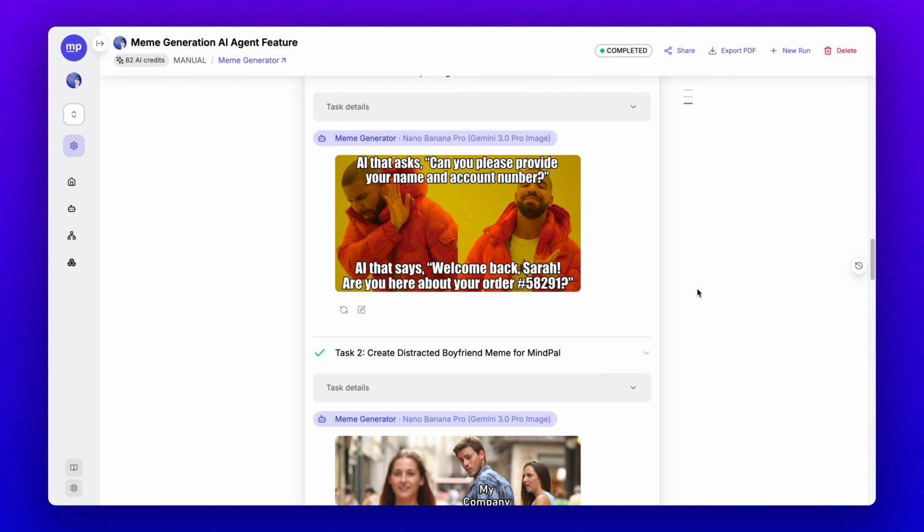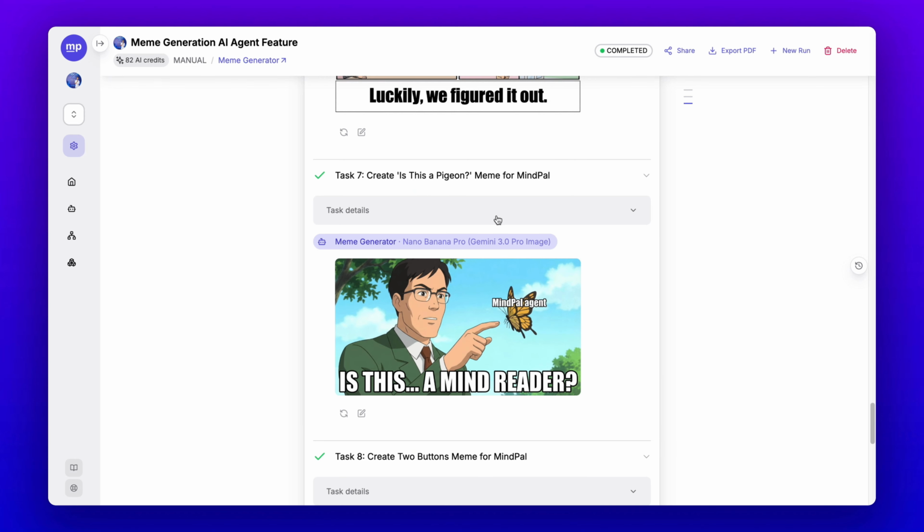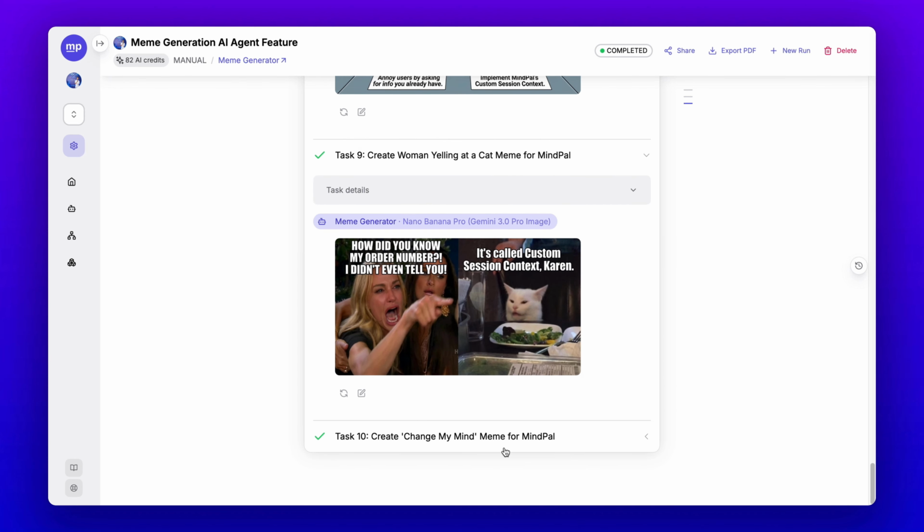If you want to use AI to generate meme content like this, you need to watch this video. We will show you how to build a multi-agent workflow in MindPal using Nano Banana Pro to generate a meme